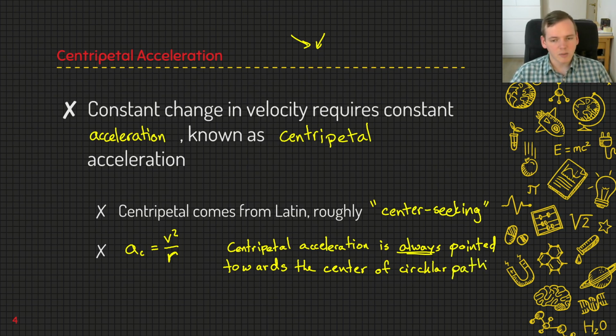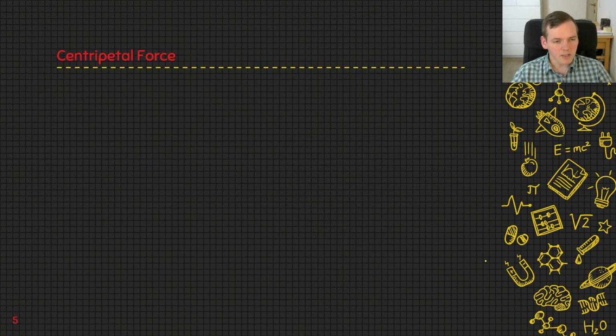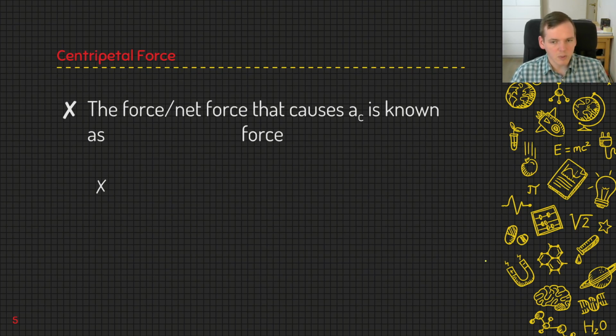So by definition, what's causing you to go in a circle is the fact that your acceleration is always pointed in towards the center. We also have a centripetal force, so we know that